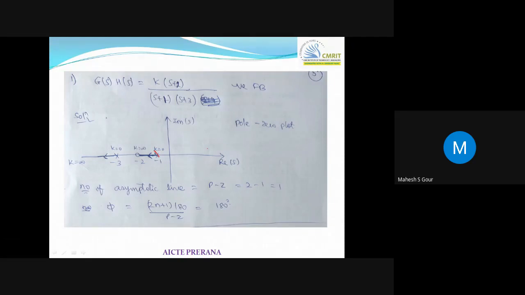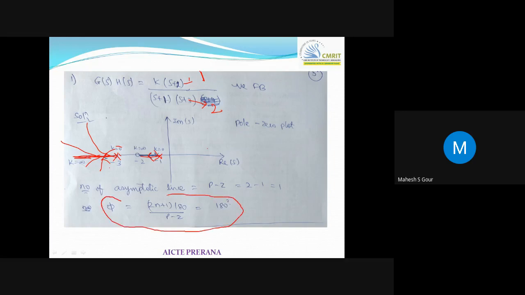See, here is your pole and here is one more pole. So the root locus is here as well as here, right? The root locus started from a pole and terminated at a zero, and here it started and terminates at infinity. How many poles are there? Poles are 2 and zeros are only 1, right? So how should this root locus go? Either like this, or parallel, or at an angle of 45 degrees or 270 degrees. That is decided by the asymptotic angle.